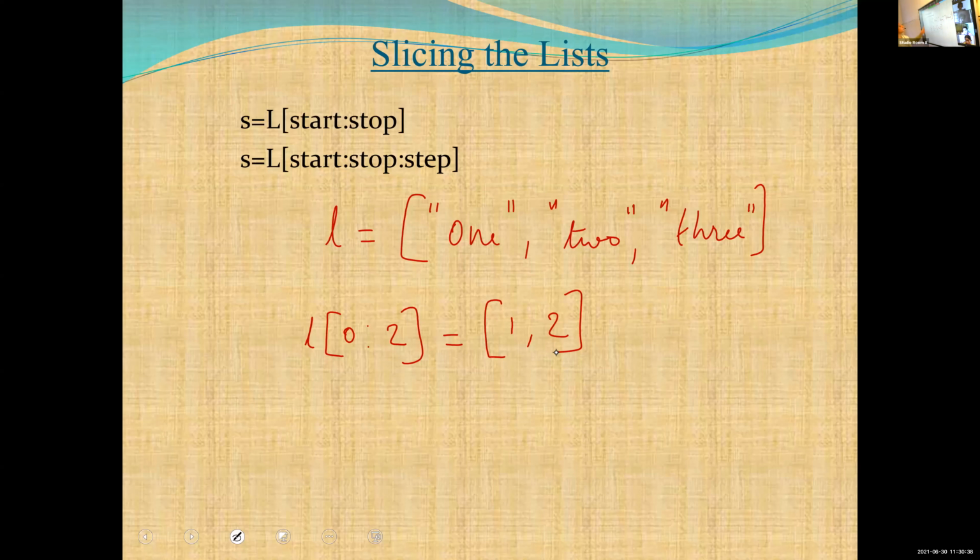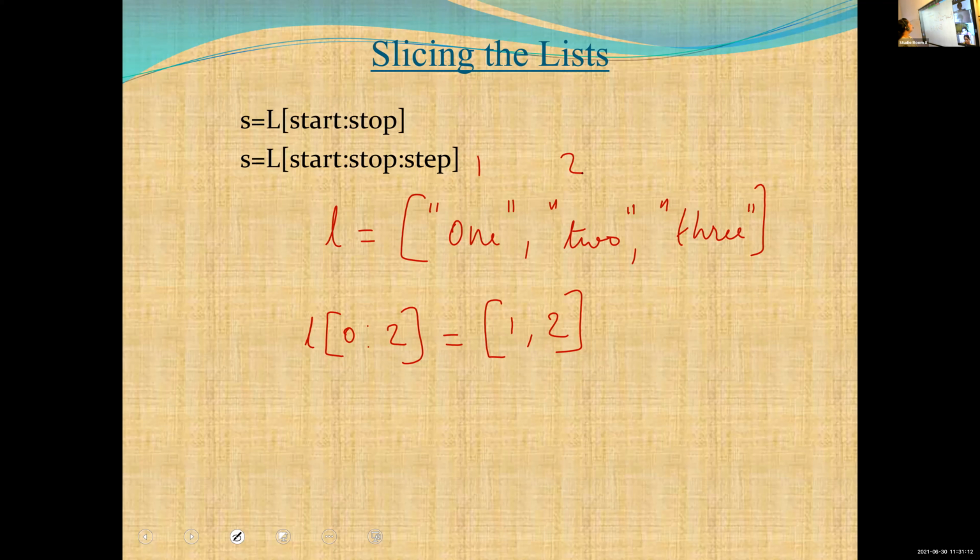So in the first statement there is a list L. The values of the list are 1, 2 and 3, three string values. L is equal to 1, 2, 3. And after that I want to modify this list. I want to replace this 1 and 2 with normal integer 1 and 2. Instead of string 1 I need integer 1, and instead of string 2, integer 2.